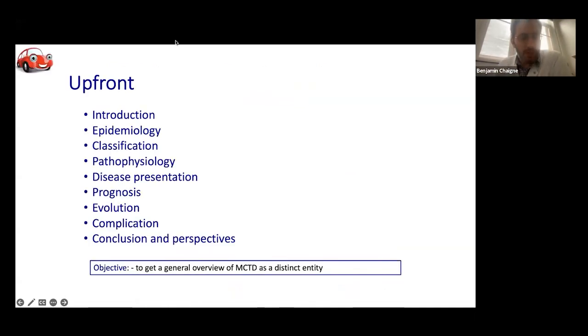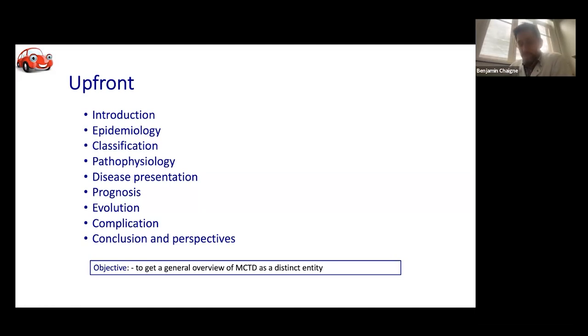To start, the objective of this webinar is to give a general overview of MCTD as a distinct entity in 2023, and to present some of the works by our groups that were published and performed this year. Basically, we'll introduce what MCTD is, then give a little bit of epidemiology, talk about the classifications of this disease, have one slide about pathophysiology, talk about how MCTD patients present, which symptoms they complain about. Then we'll talk about prognosis, evolution of the disease, complications, and we will then conclude. Everyone can feel free to interrupt and ask questions, or we can have a question and answer time at the